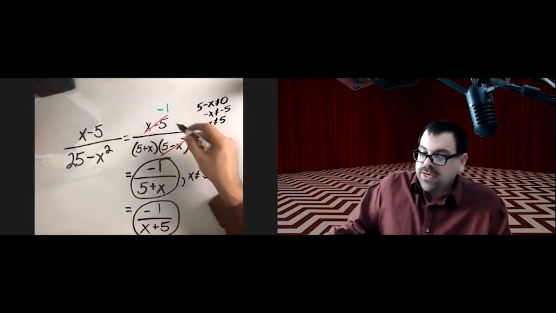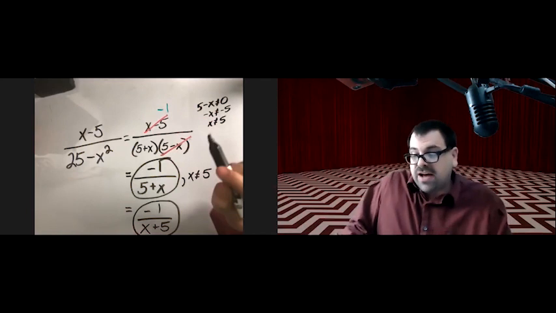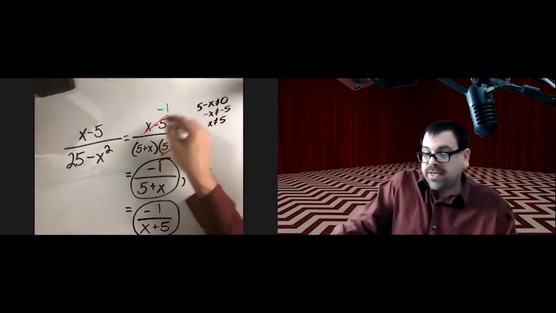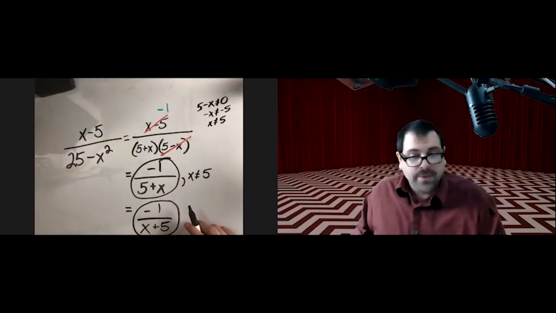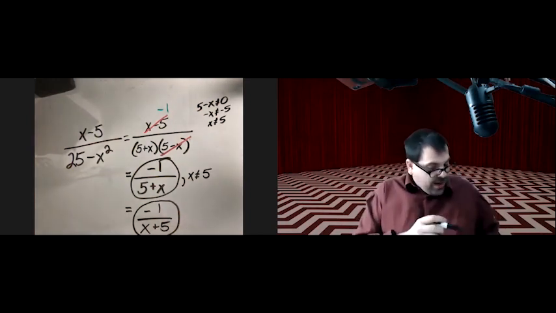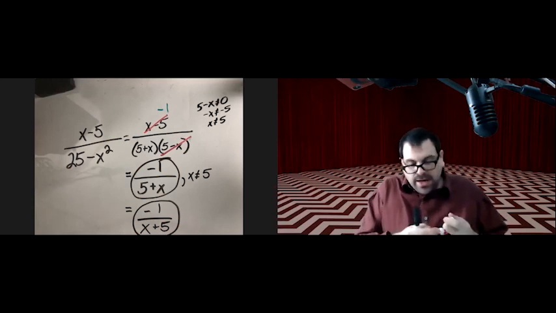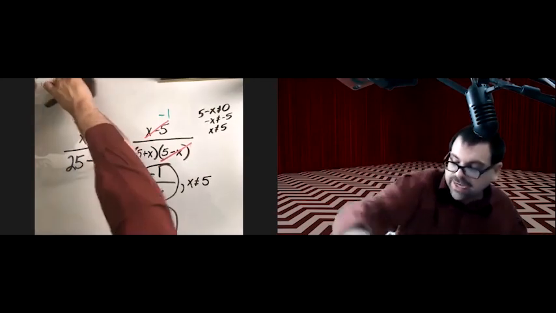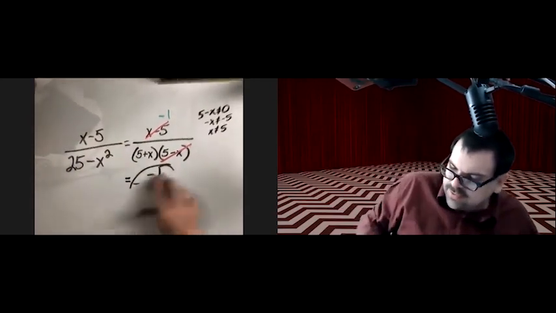So again, we need to be able to recognize that x minus 5 over 5 minus x is negative 1, that it's something over its opposite, because then we can cancel them away and leave a negative 1 behind. I want to show another way to think about this. It still requires you to recognize, and you better recognize,